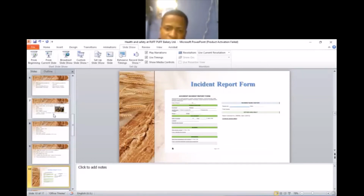So here's an example of an incident report. On my left is the form for you, the person that has gone through the incident, to ensure that your name and the relevant details required here are included. Your name, if you're driving, your driver's license, your passport, maybe your ID number, your phone, your email address, and details about what took place, right? And if there were any witnesses or any injuries. On the right, you will see persons filing report and official use only. Official use only is for the person receiving the form from you, the representative, who will be signing there and stating that the data